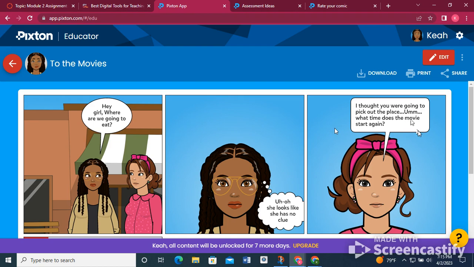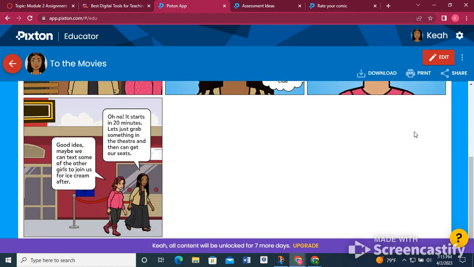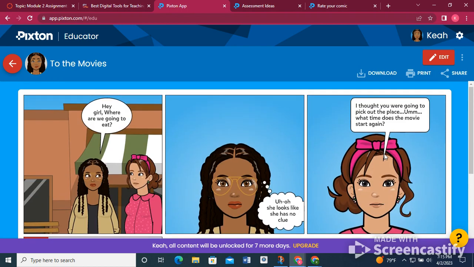With SAMR, I believe this is the level of augmentation because I have used comics and I have had my students in the past write comics on paper. But since this is online using technology,